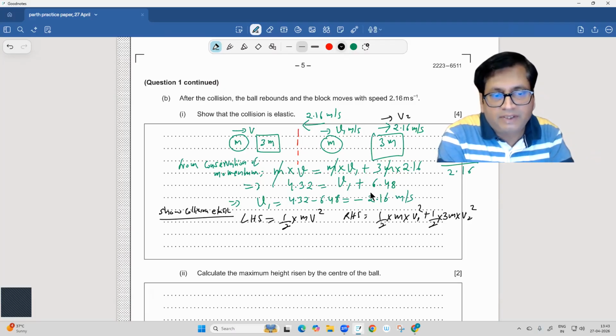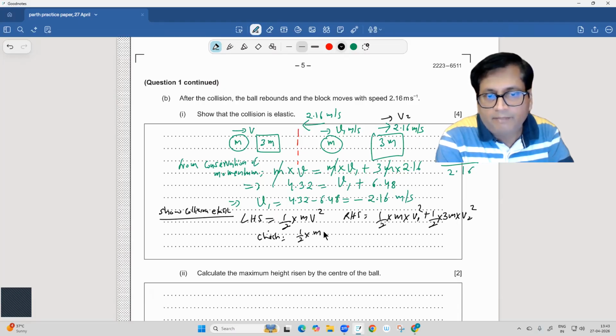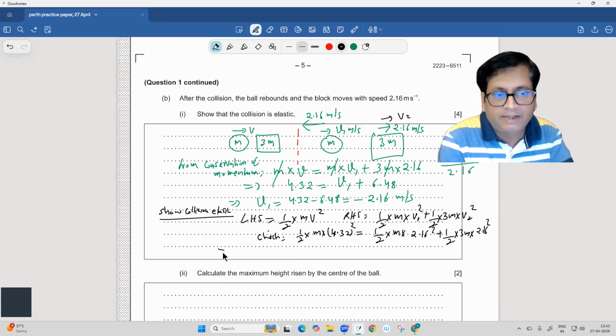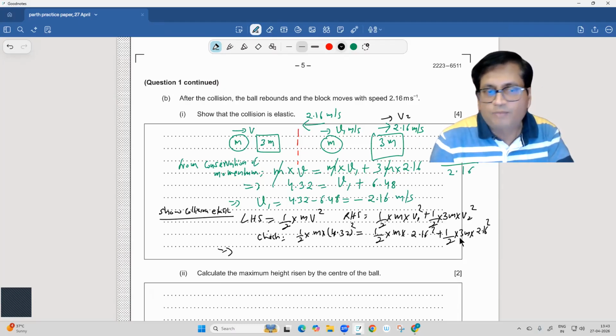Can we verify? Shall I check that half into m into v was how much? 4.32 square is equal to half into m into 2.16 square plus half into 3m into 2.16 स्क्वायर। समझ में आ रहा है? हाँ। हाफ एम हाफ एम हाफ एम तो कट गए, तो यहां पर बचा 4.32 स्क्वायर, और वहां पर क्या बचा? 2.16 स्क्वायर प्लस